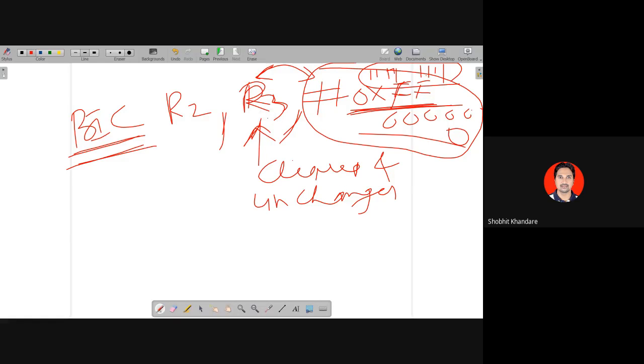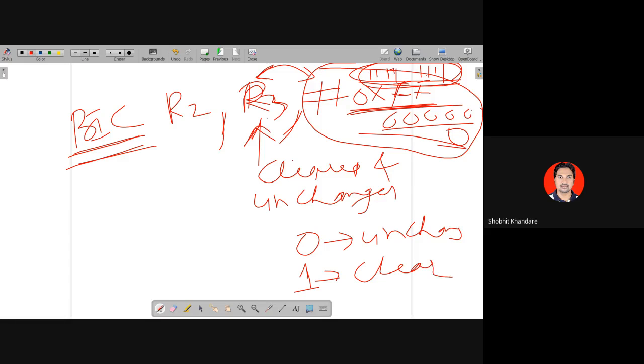के अगर मुझे clear करना है, then at that respective position you have to use 1. और कौन से बिट पे अगर मुझे unchange करना है, all other bits पे आपको 0 रखना है. तो जहां पे 0 है वो unchanged है, जहां पे 1 है वो सब clear है. तो ये सब changes R3 में हो रहे. Okay, so actually that is AND operation and you can do this.